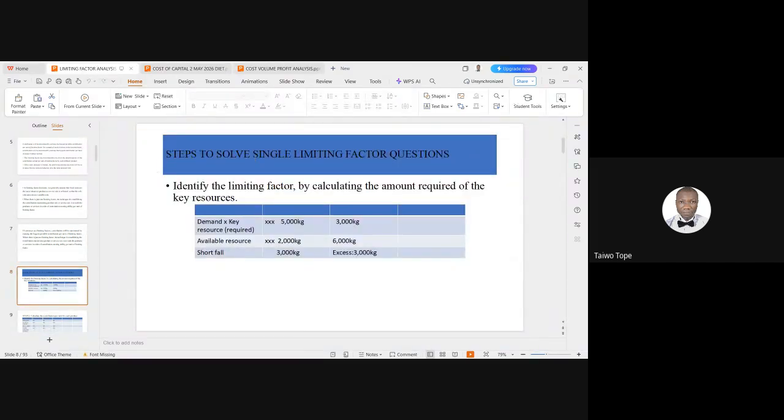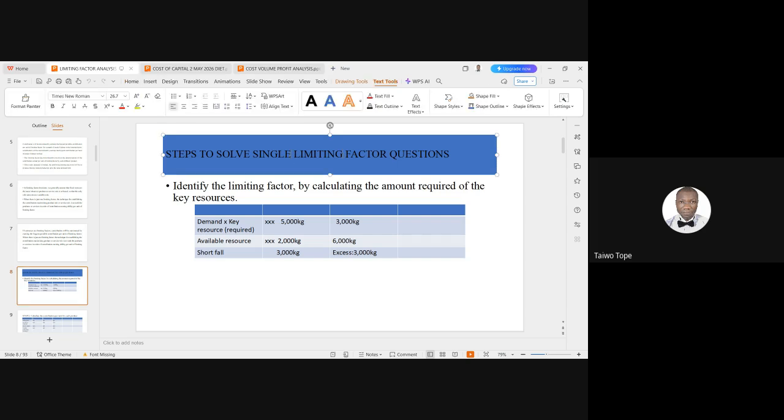Now, steps to solve single limiting factor questions. I said single limiting factor because some organizations can be faced with more than one limiting factor. When an organization is faced with more than one limiting factor, you use what we call linear programming to solve such questions. But where it is just a single limitation, you use this normal approach that we will be showing. So, steps to solve single limiting factor questions. Number one, identify the limiting factor